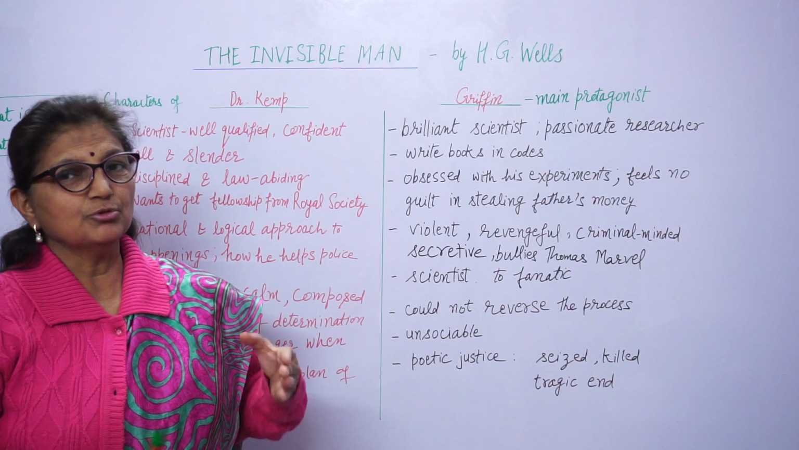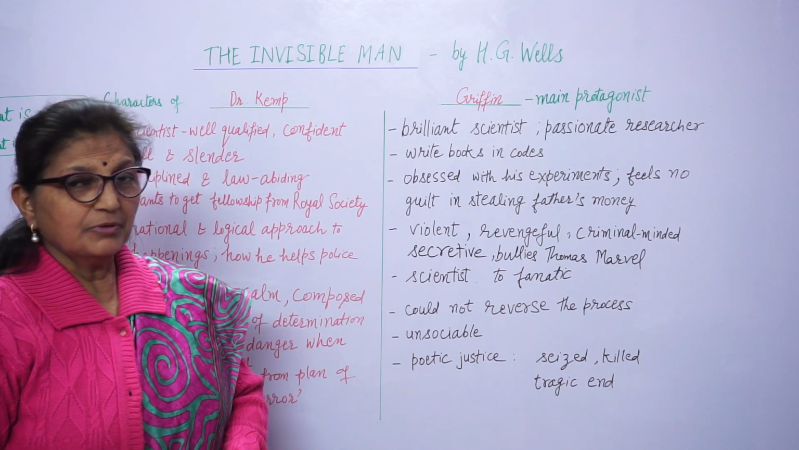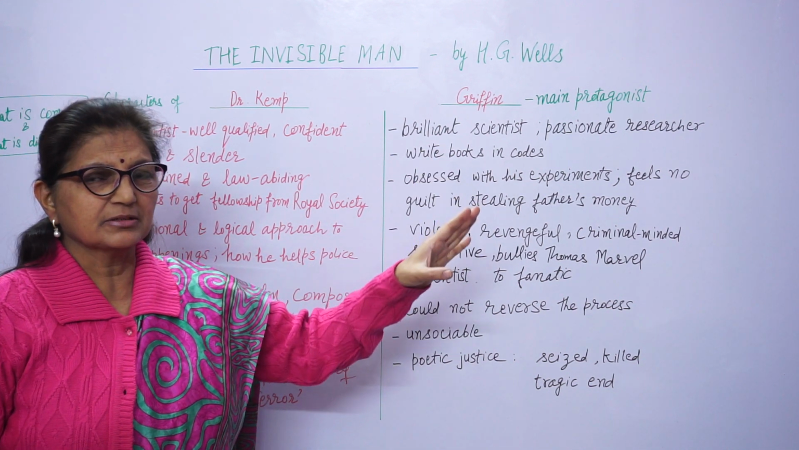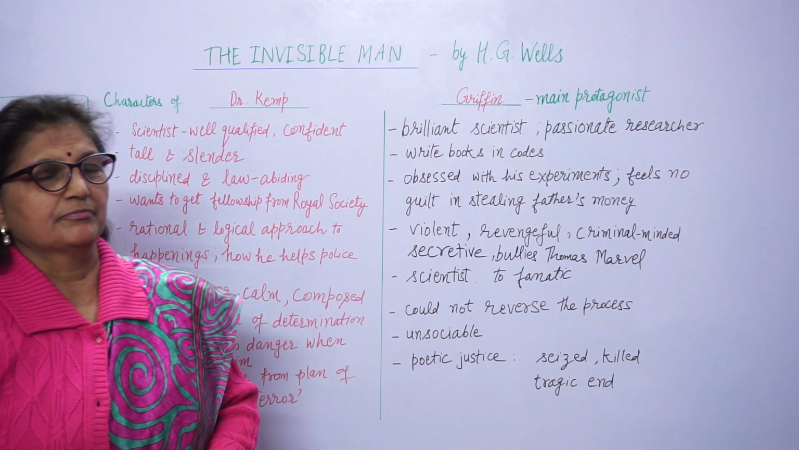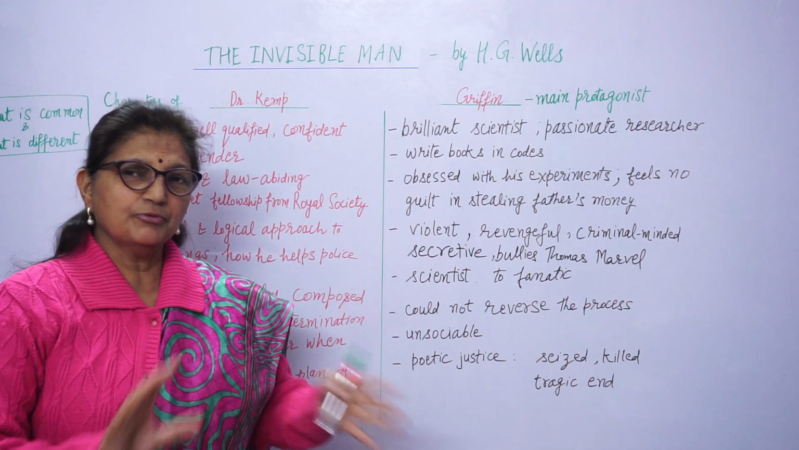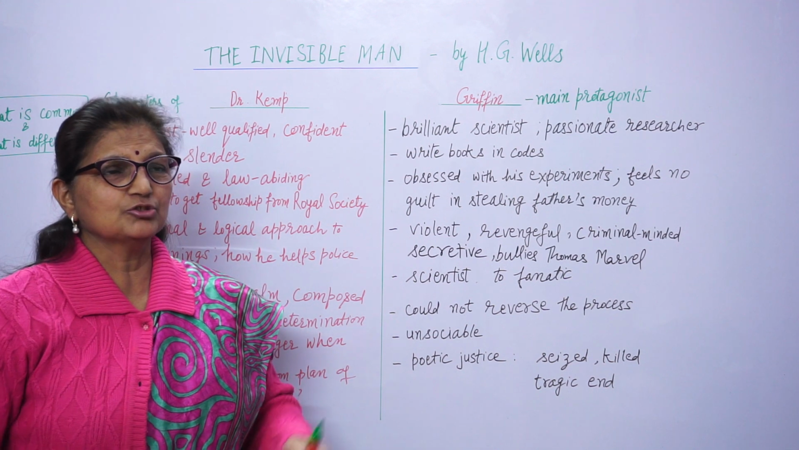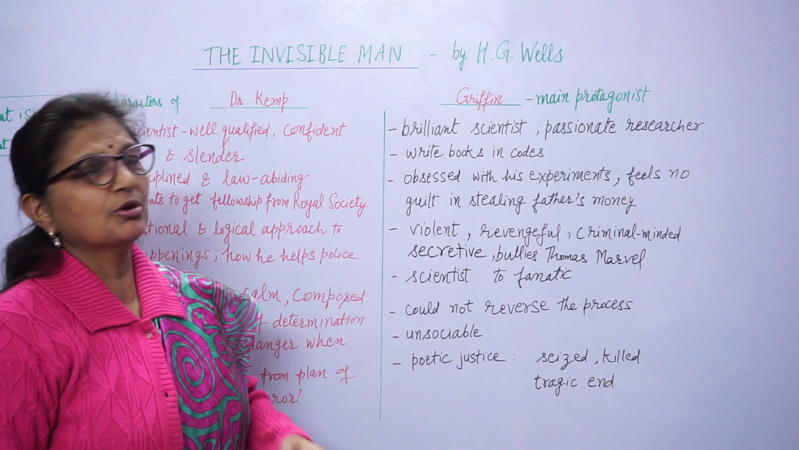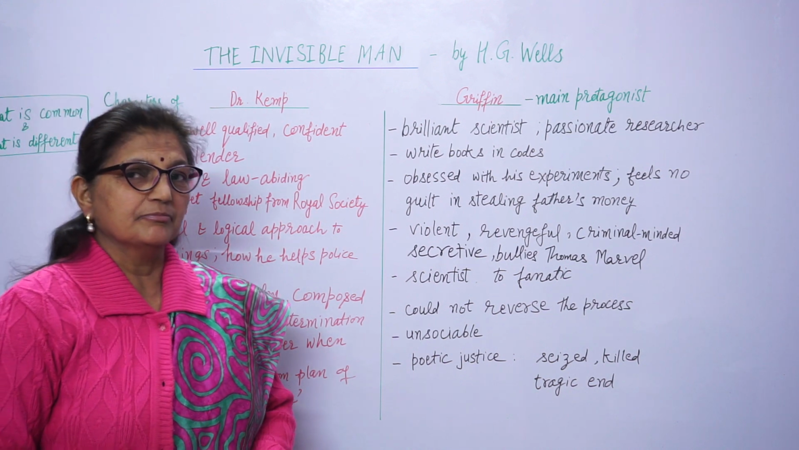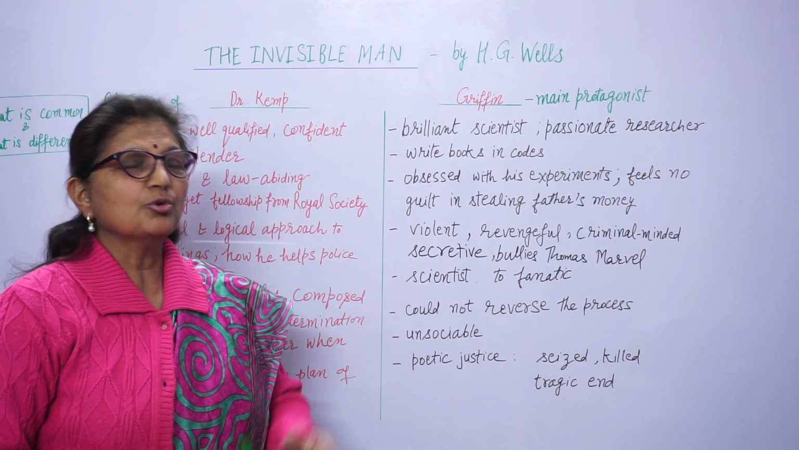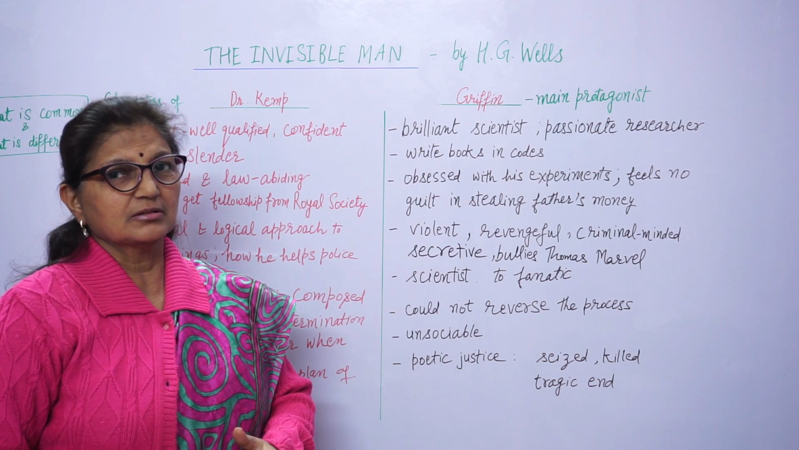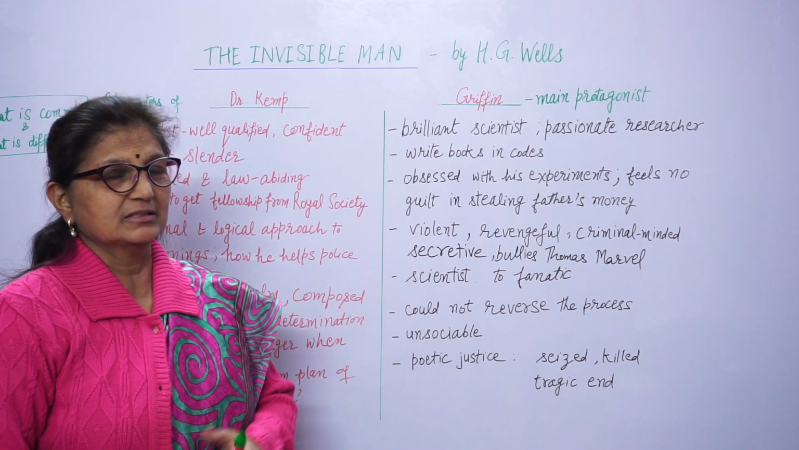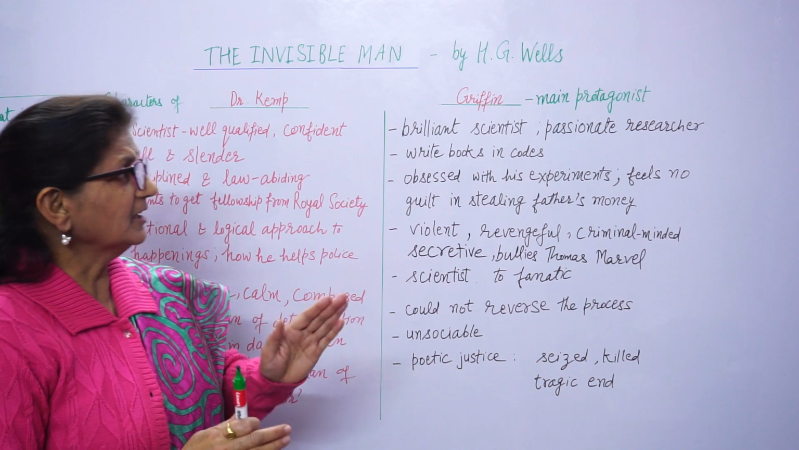Today we have 2 characters, Griffin, the main protagonist, and Dr. Kemp. Sometimes you have a straightforward question, write a character sketch of so and so, Mrs. Hall, Mr. Hall, Griffin, Dr. Kemp. But sometimes you can be asked to compare and contrast the characters, 2 characters. So when you have